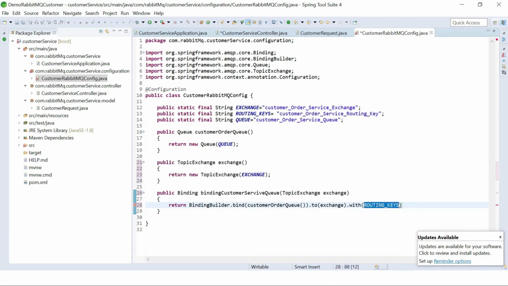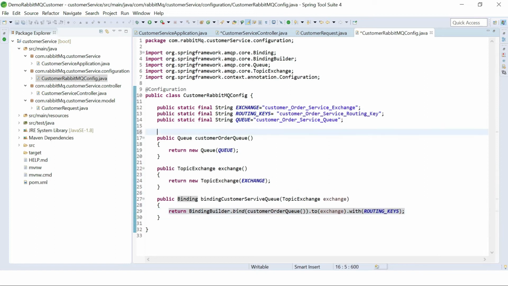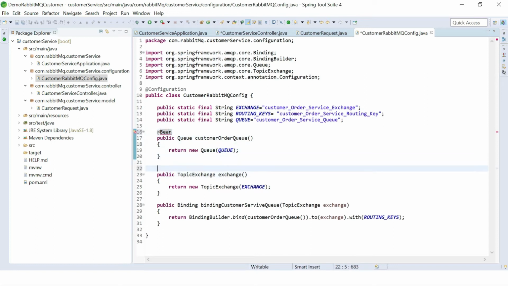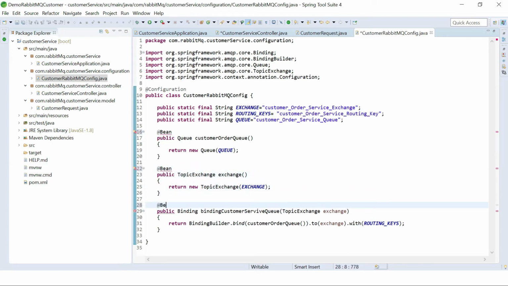Okay, so whenever we are sending any request, it is going to go from there. So we need to annotate with @bean, so that when our application loads, it will load these things also.